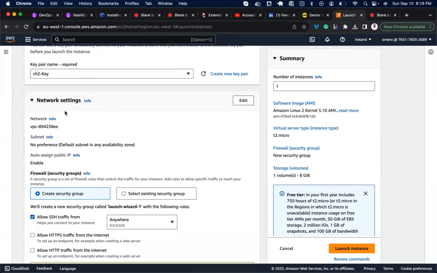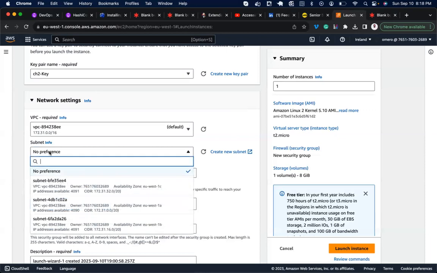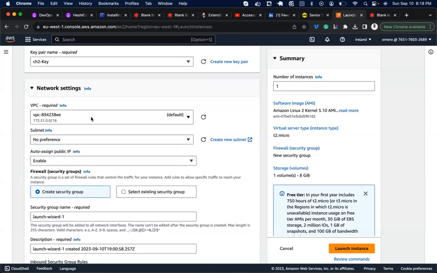That default VPC already has internet access. It has a subnet. It does everything. So for this course, I will use this default. I'll go back and create a VPC later. If I click on edit, you can see it's using default subnet. Don't worry, in as much as you're using the default VPC,